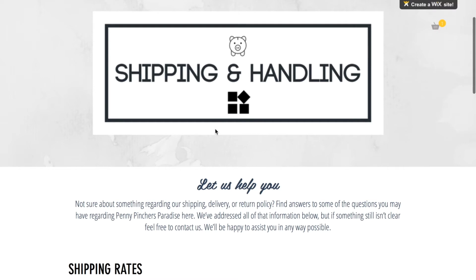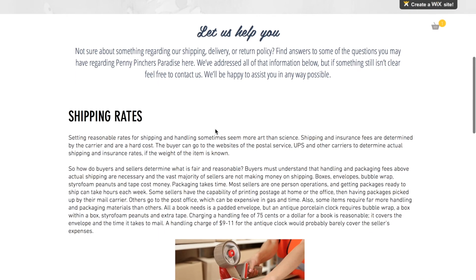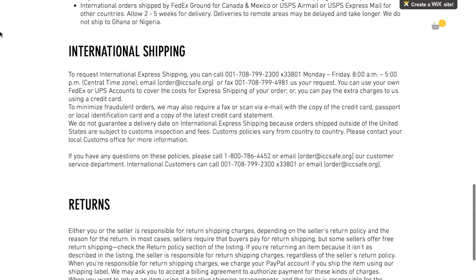Now, shipping and handling basically explains all the different procedures. Again, because you're going to be receiving these items, they're not going to fly to you. Essentially, they're going to have to go through a different company and get to you. So there are different things that go into the consideration when it comes to sending these items to you guys. So we wanted to make sure that we provided you with as much information, which is why we've included all the shipping rates, we've included shipping times, international shipping,